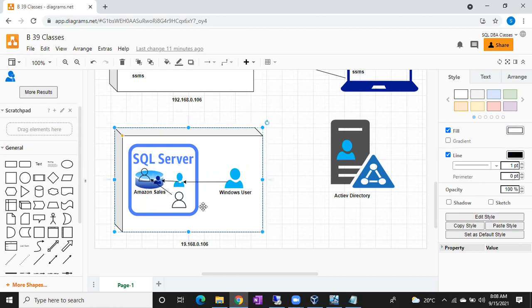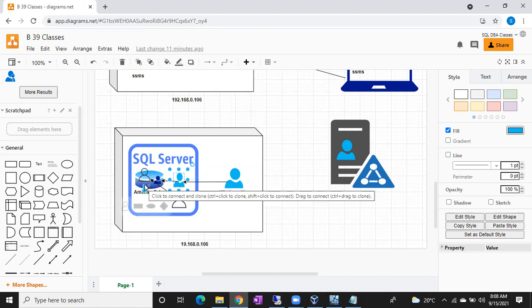So here, if Srinath is sysadmin, as discussed earlier, forget about sysadmin and all. Any login that wants to connect to the database, a user should be there or not. This point is clear or not? User should be there, sir. Okay, then only it can connect. Very good. Then only we can connect to the database.